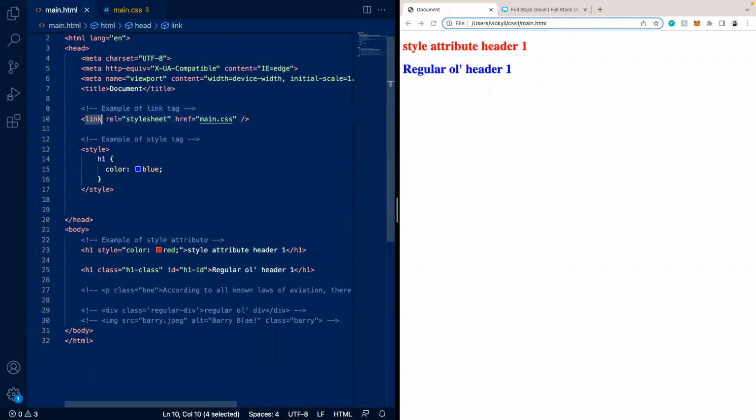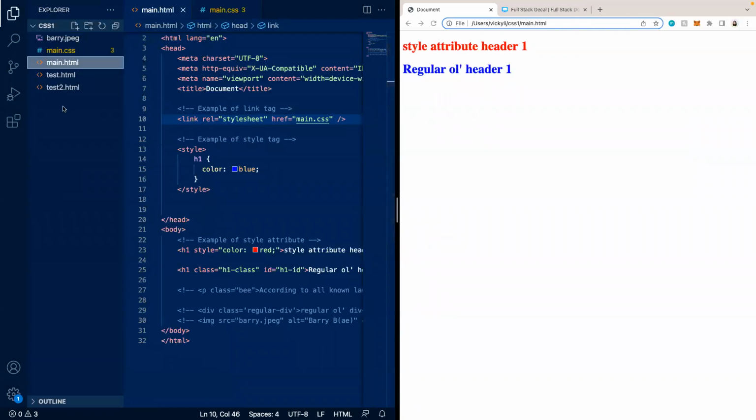Number 1, of course, is the link tag name. And then you have rel, which lets it know that it's importing a style sheet. rel just stands for relationship. So it tells this tag, this is what you're getting: you're getting a style sheet. And then the href, I think that's hypertext reference, basically just points to the file that you're trying to import, which right now is main CSS. So if you guys want to make your first CSS file, you can